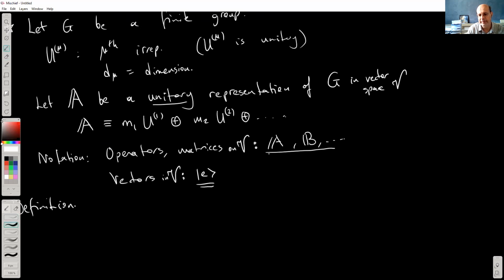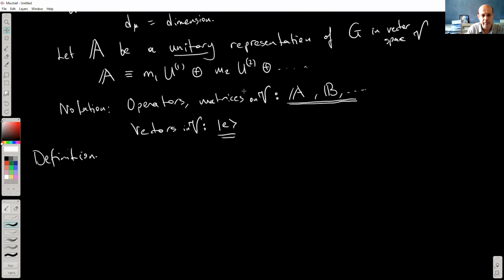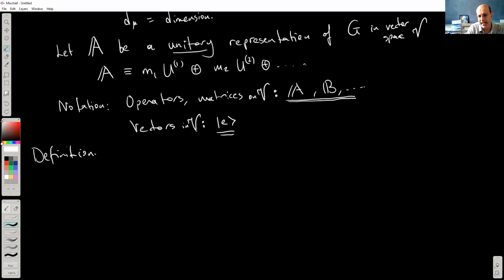And probably that's a little bit clear now. So the definition is, for vectors in that vector space, I'm just going to define this. This is an ordered list of